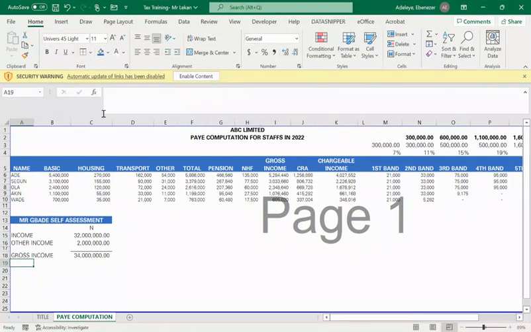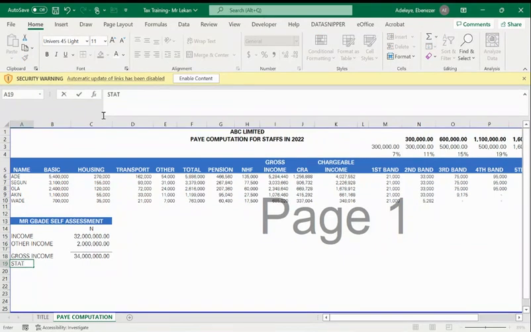I call this gross income. So every other statutory deduction, just like we did for these guys, like the pension, for instance, if it's also entitled to pension, NHF, and all of that, we already know how to compute all of that. All we have to do is put them here. Statutory deduction. Let me just put it here. Just remove it from here. That's deduction. So once we have removed it,